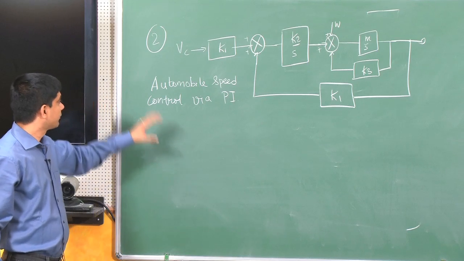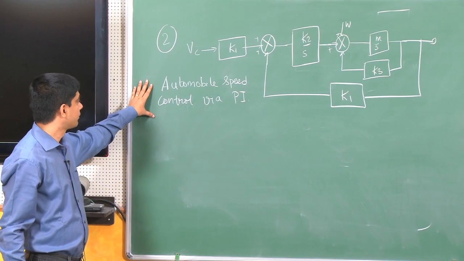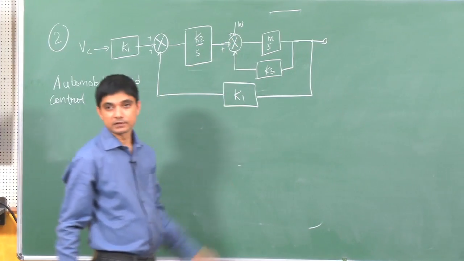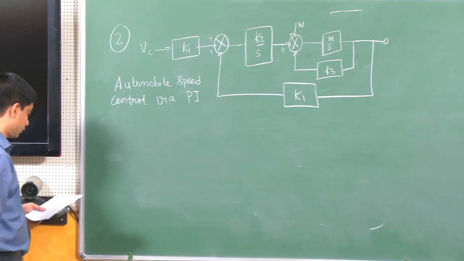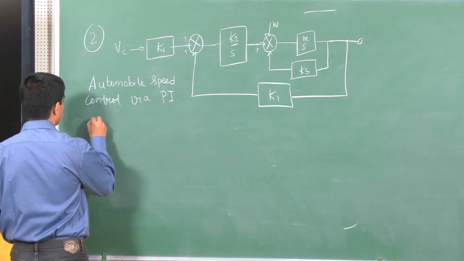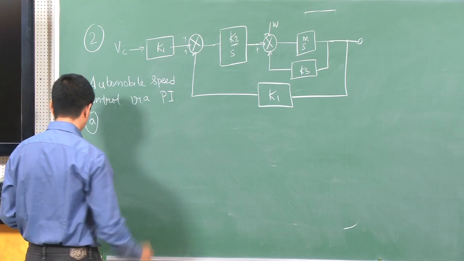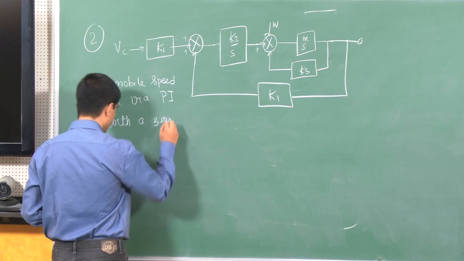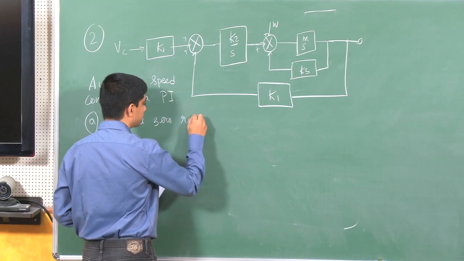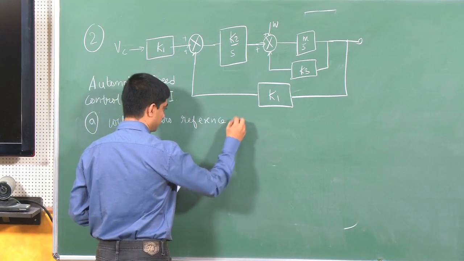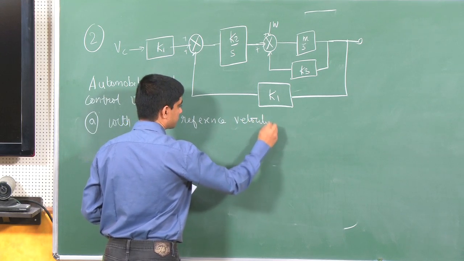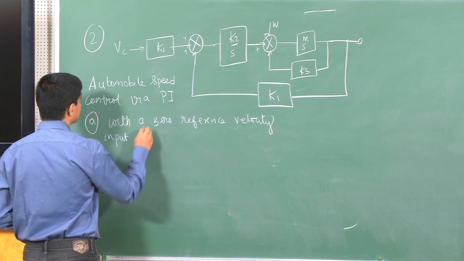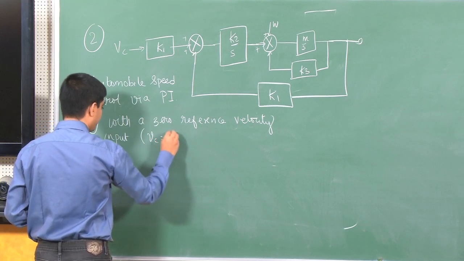Okay, in the second problem, it's a very simple model of automobile speed control using a PI control. Well, there is a disturbance also. So, we will see what all we could do with this. First, part A we will do is with zero reference velocity input, which means this Vc is 0,